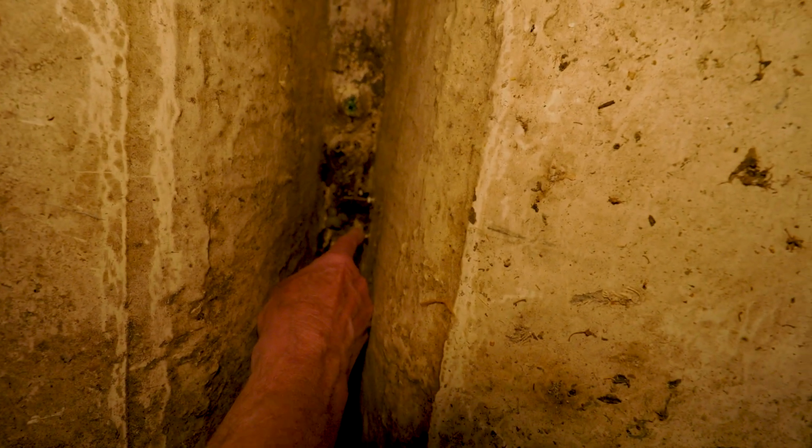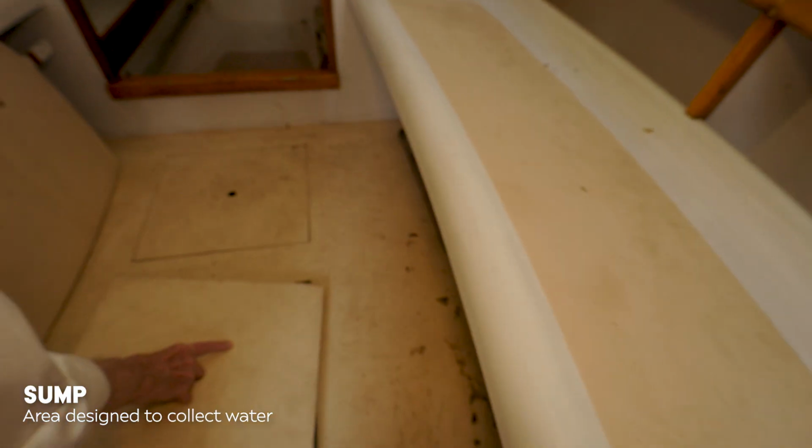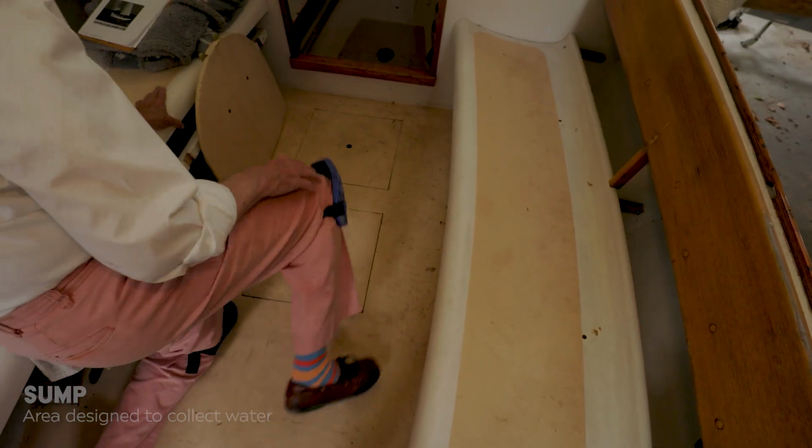And you see that, right? I'm pointing to it? Yep. That is the hole that drains this bilge when she's out of the water. So it just goes right down to that. That's a sump on the boat, really nice. And they may just carry a hand bilge pump on board to dry her out, get some of the spray